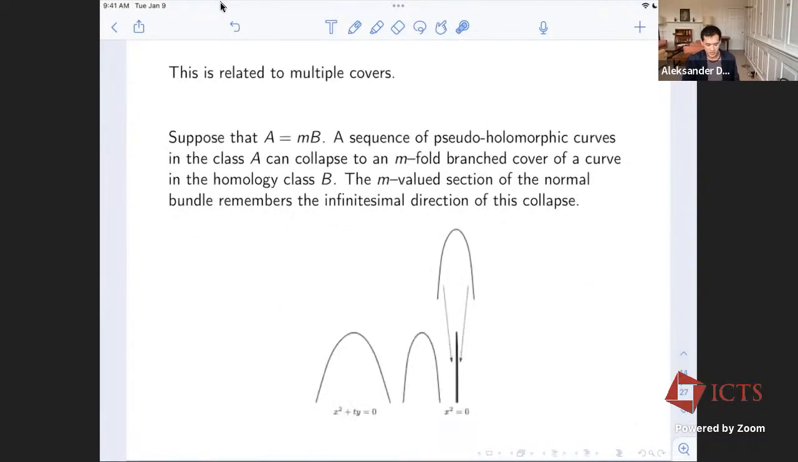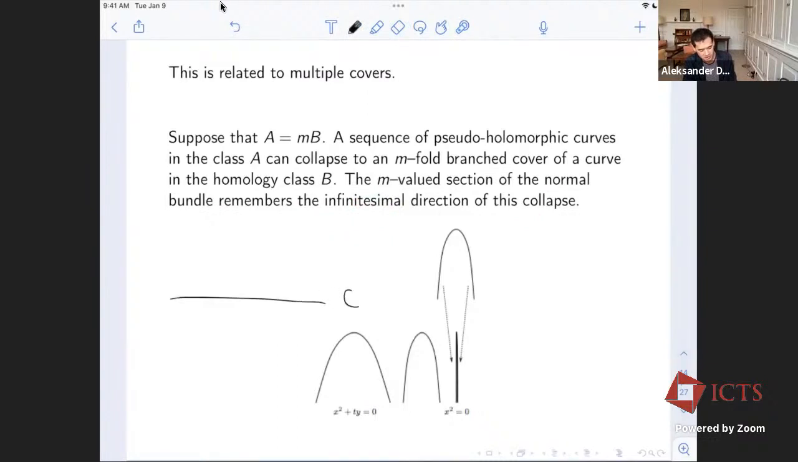So here is a cartoon of how this can happen, taken from an illustration in a paper of Pandharipande and Thomas. If you have A equals MB for some homology class B with M greater than 1, then a sequence of pseudo-holomorphic curves in the class A can collapse to an M-fold branched cover of a curve in the homology class B. And the way you can detect it, as in our proof, is to look at the normal bundle of this curve C